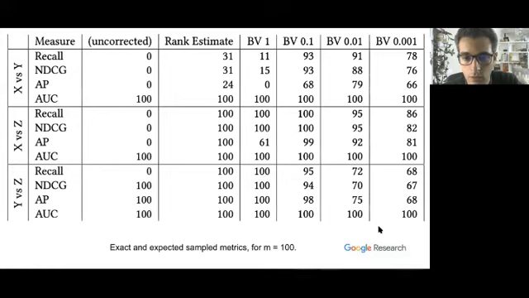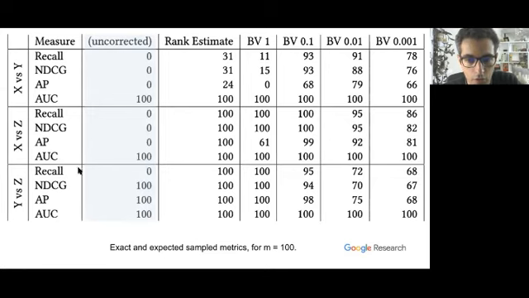Once again, let us take a closer look at sample size n equals 100. In this table, we repeat each measurement 100 times and then count how many times the order is correct for each pair of algorithms. This allows us to take into account the variance and not just the bias. For example, this number here means that the sampled recall gave the correct order for x versus y in 0% of the repeated measurements. Similarly, this number means that the correct order is obtained in 31% of the measurements.